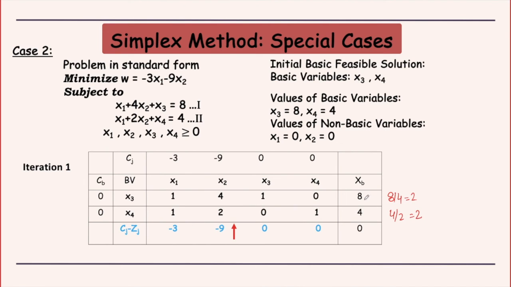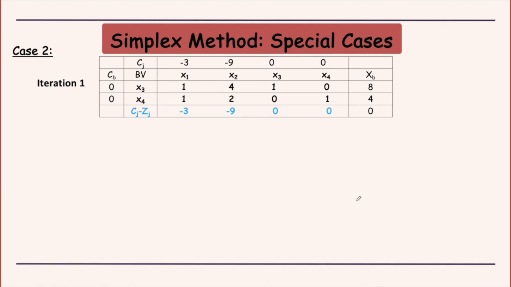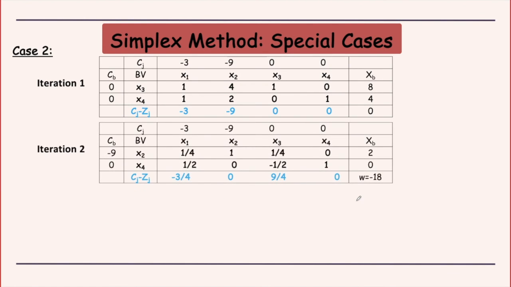the one which I make a 0 here, correspondingly the same one will become a 0 in the XB column also. So I will just show you the next table. Here I have repeated the first table. In the second table, I have made this position your pivot element. Okay, so I am deciding this to be my pivot. So this is my entering, and x3 is the leaving variable.